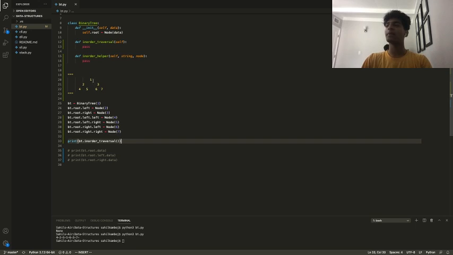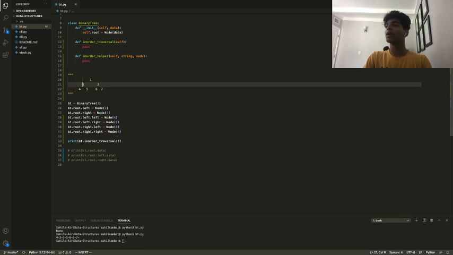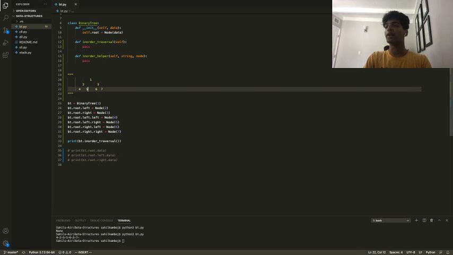So what that means is we just look at the left side of the tree and we go to the leftmost, in other words, as left as we can go in the tree. So in this case, the furthest to the left we can go is the 4. So we want to traverse through the tree so that we get to the 4. We print out the root or the parent of that left node, and then we go to the right node. So we keep going down the left side, and once we get to the very left, we want to print the parent of that left node, go to the right node, and then after we print out the left,